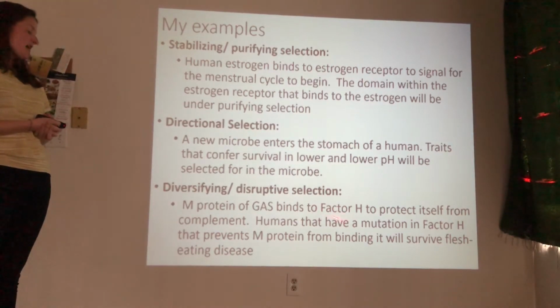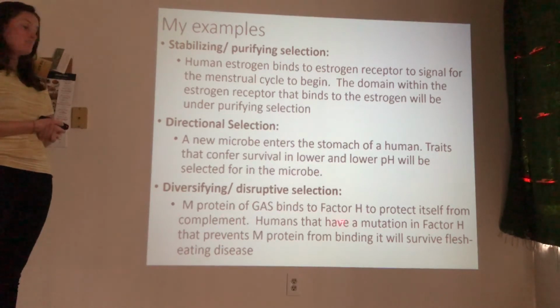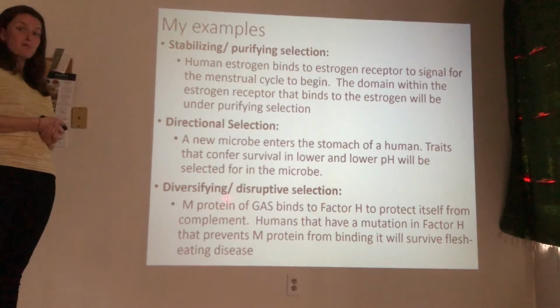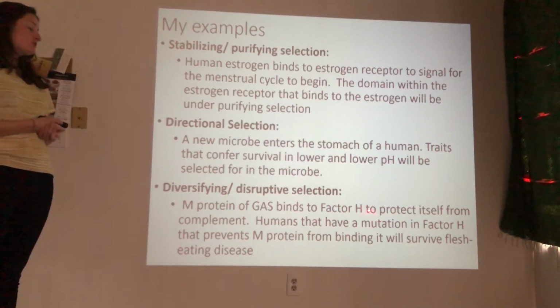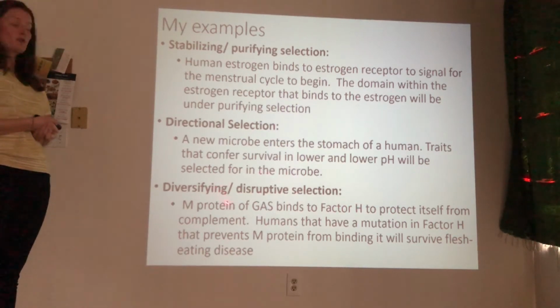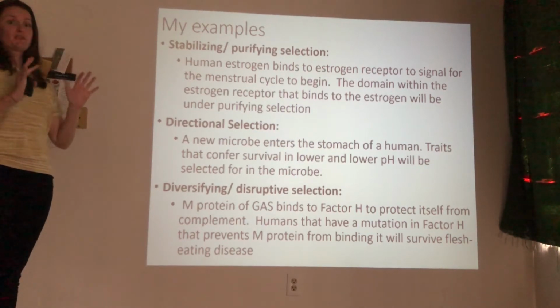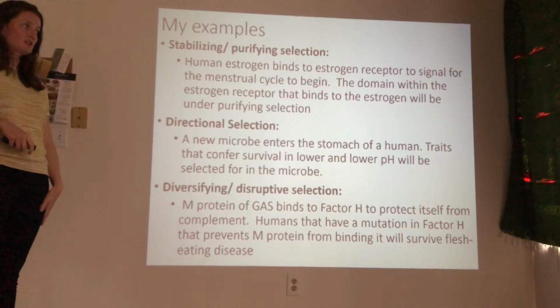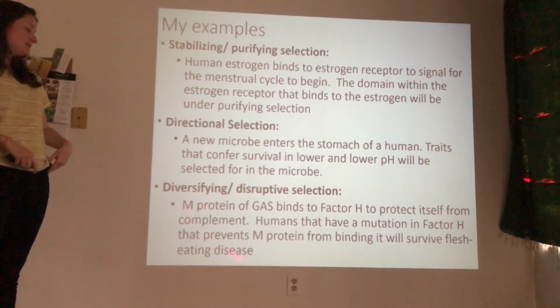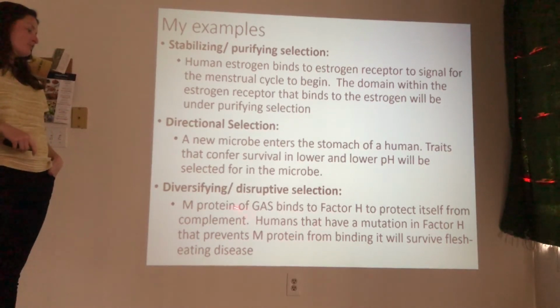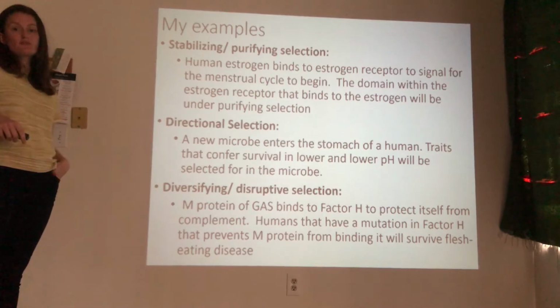And so we know that group A strep makes this virulence factor called M protein that can bind factor H, and so that ends up protecting the group A strep from complement. And so humans that have mutations in factor H that prevent the M protein from binding it, but also at the same time don't prevent factor H from performing its normal functions to protect human cells, will likely be selected for, right? For example, in the case of a group A strep epidemic in a region,